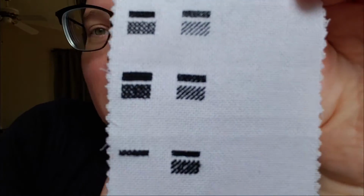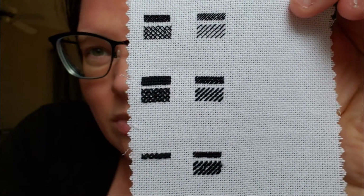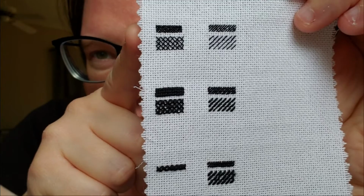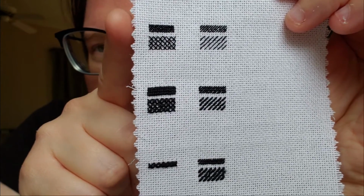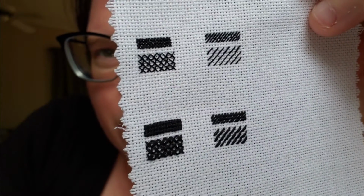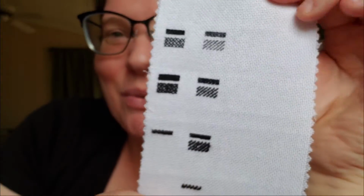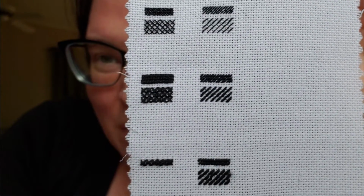I'll do the 25 count Lugana. This is what I ended up picking for the design I'm going to do. And I liked how even just the 1/1, you can just see just a little bit, but you're not going to be looking that closely if it were on the wall or whatever, so I think that will work well. So yeah, I would suggest doing something like this to have as a reference,